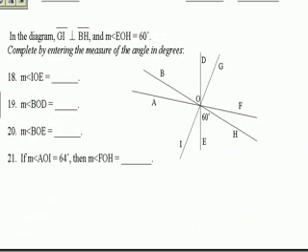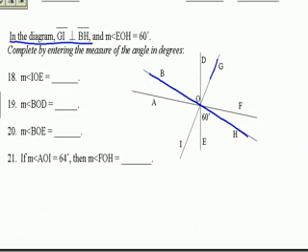One more section to go, and then we are done. This last section has a lot of lines in it, and one of the things we have to do is be able to ignore what information we don't need and pay attention to what information we do. Now, it's important to read the directions. It says GI is perpendicular to BH. So I'm going to highlight